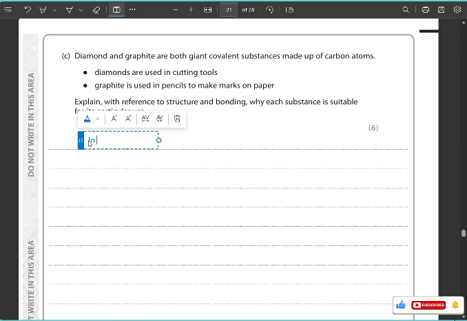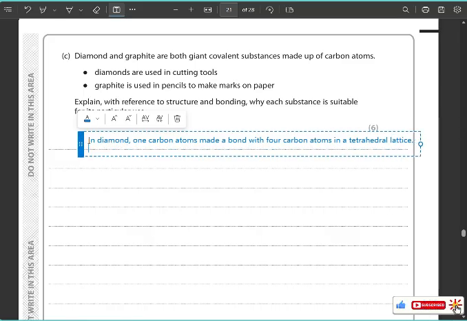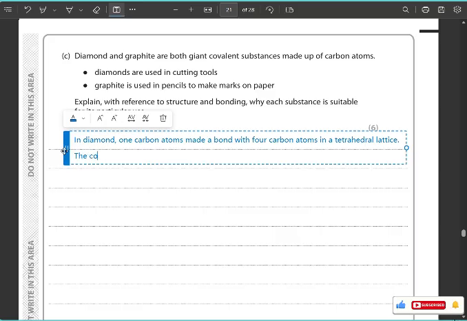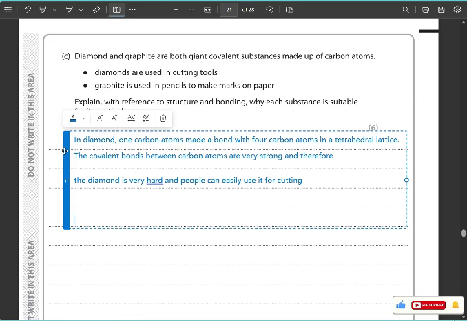In diamond, one carbon atom makes a bond with 4 carbon atoms in a tetrahedral lattice, and the covalent bonds between carbon atoms are very strong, and therefore the diamond is very hard, and people can easily use it for cutting. And for graphite,